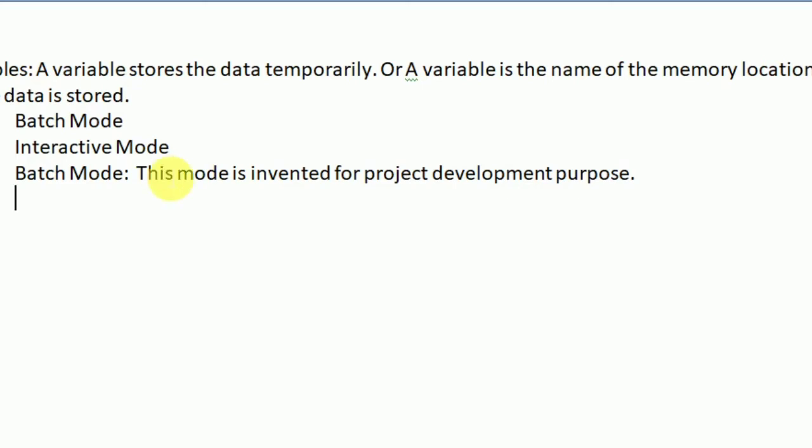Here is an example of batch mode. First, we open a new file and write the program in the batch mode interface.